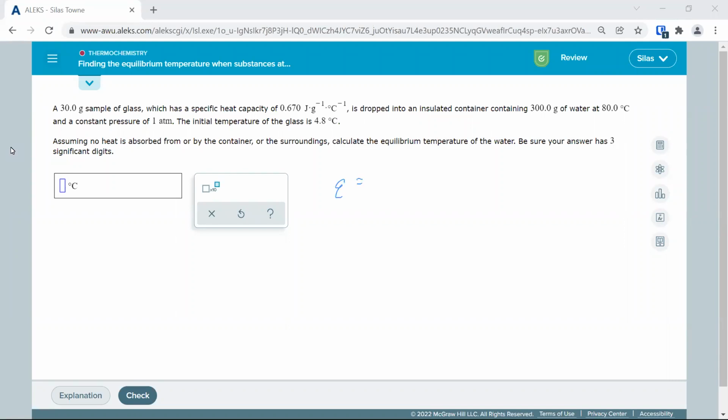Remember, first of all, we have Q equals mass times specific heat times change in temperature. Now, change in temperature is equal to T final minus T initial. So we're trying to find that T final. So I'm going to write them all out here. Mass times specific heat times change in temperature for the glass equals the negative mass of water